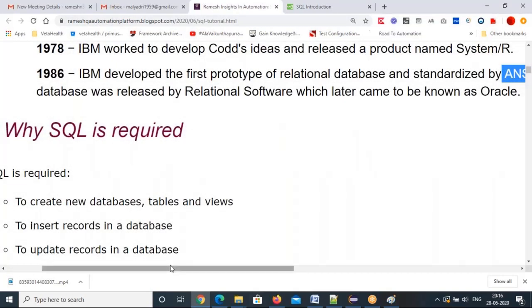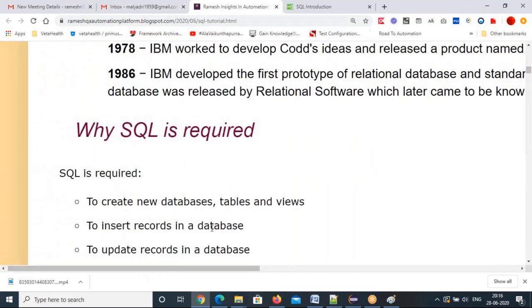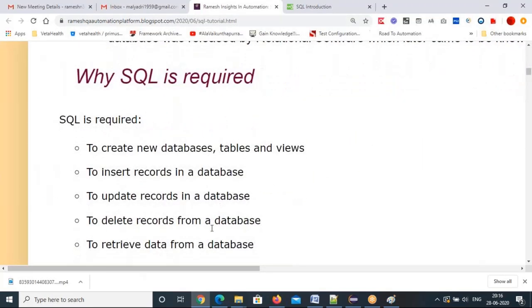Then why is SQL required? What is the advantage of SQL? Basically, you can create new databases, tables, and views inside the database. You can insert records in the database, update the records, delete the records from the database, and retrieve the data from the database.